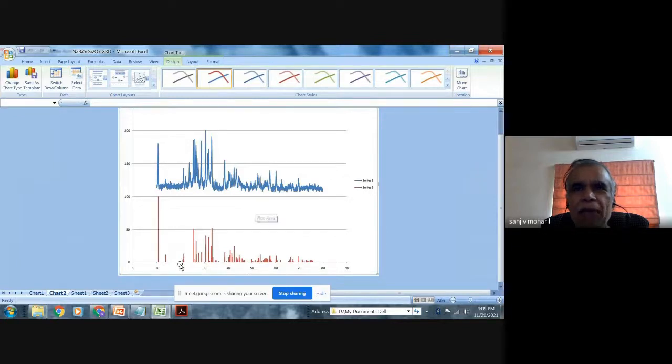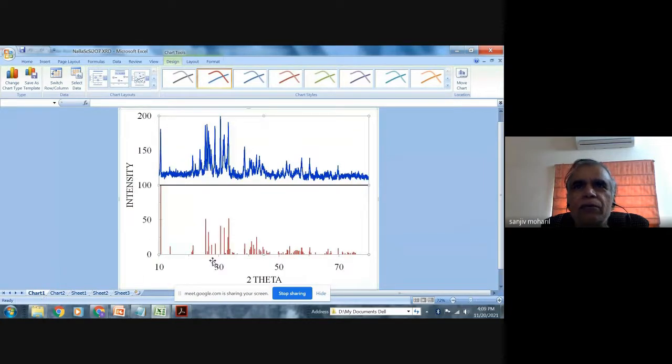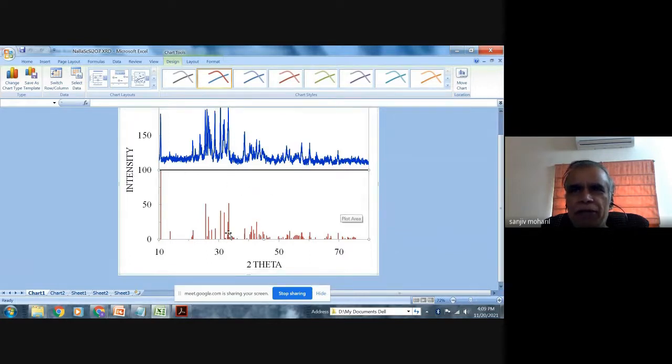Then I can compare that this is the standard data and this is my data, whether it matches or not. I find that there is fairly good matching. Intensity in this case is low, so crystallinity was a bit poor. But if we get good crystallinity, then we get good matching.